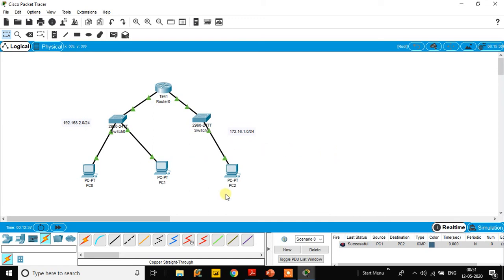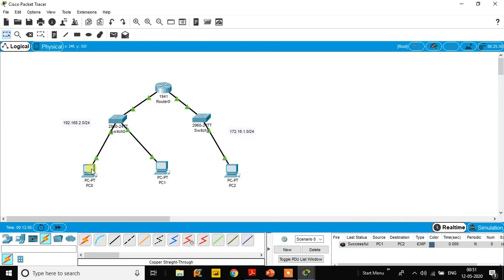Okay, so we are able to connect from one network to another using routers. We have assigned all the IP addresses to all the devices according to the networks. We have given the default gateway and now we are able to ping. This is a real-time method. Similarly, we have another method, ping method.